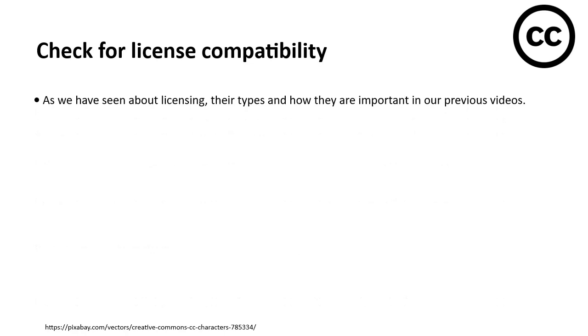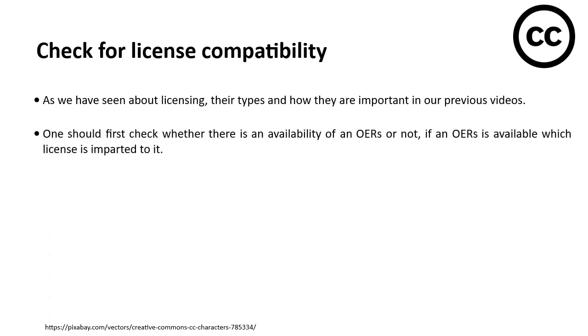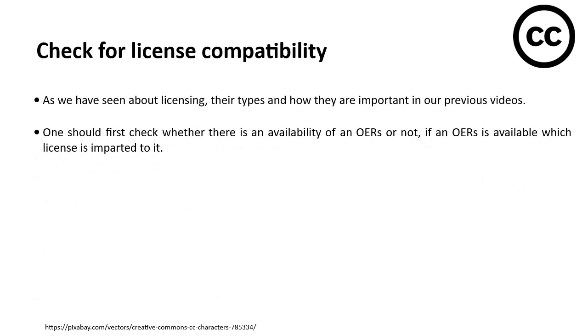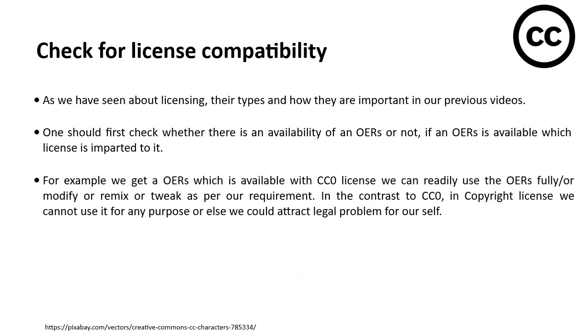Now the third step, which is again a very important step, is to check for the license compatibility. We have seen, with respect to the compatibility chart, which license is compatible with which other licensing category. So we know that it is very important with respect to development of an OER. So one should first check whether there is an availability of an OER or not. And in case an OER is available, one should also find out which kind of category of